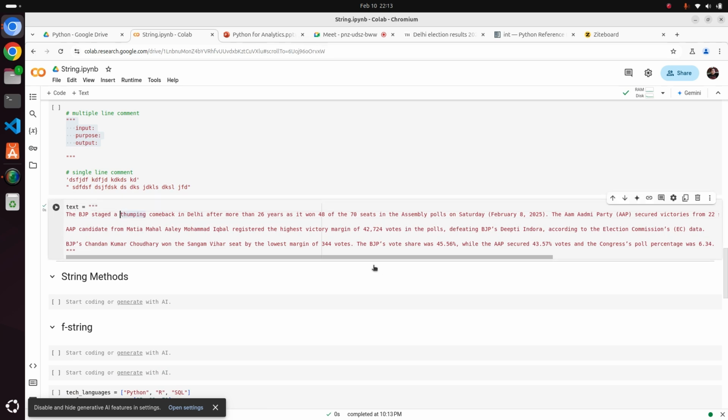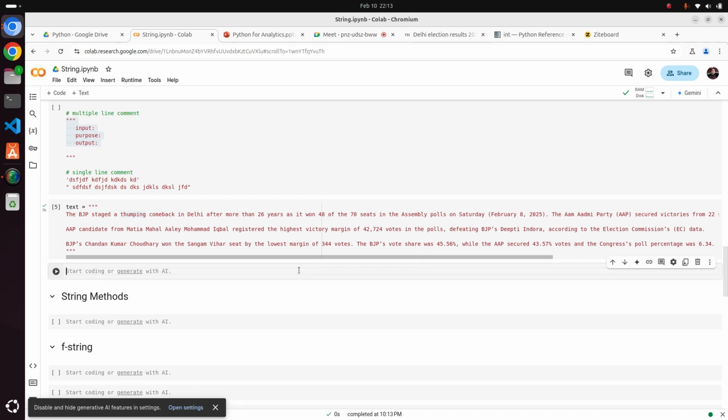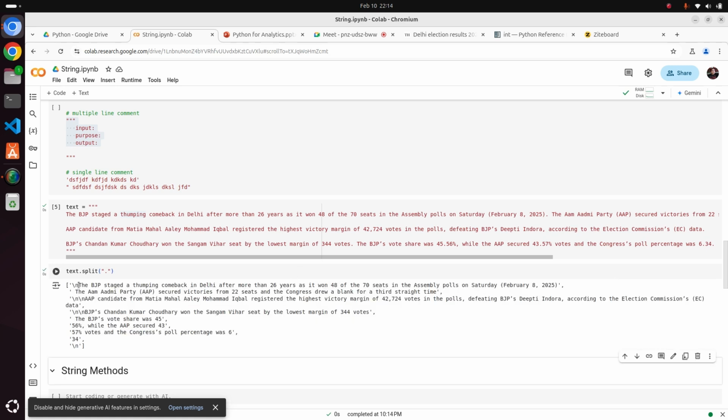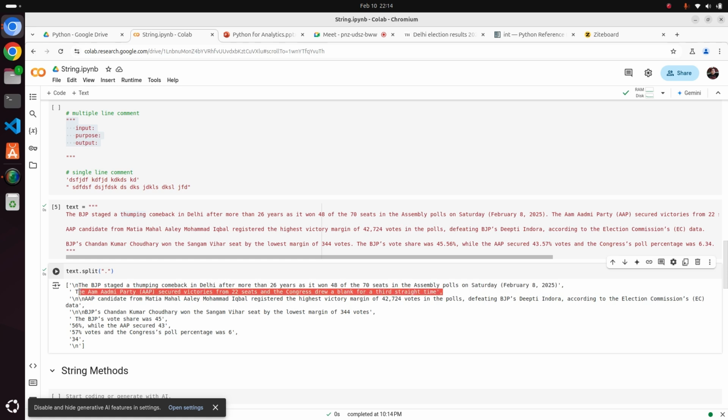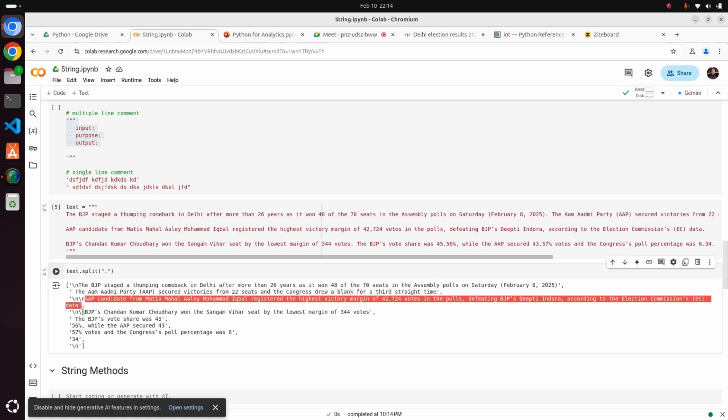Now I can do some NLP on this. Let's try. There is one function, split. I am splitting this with dot. Dot means full stop. So this will split this based on dot or full stop, and it will return the sentences. You can see this is sentence 1, this is sentence 2, this is sentence 3, this is sentence